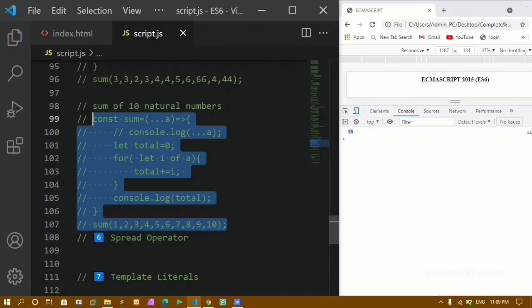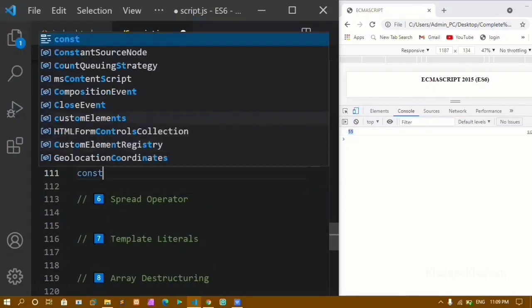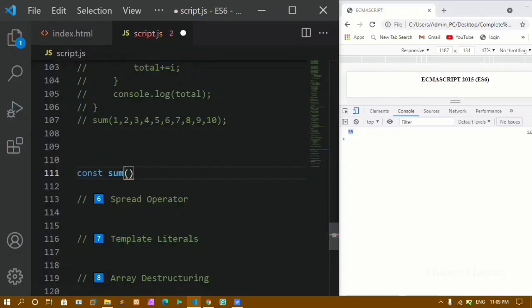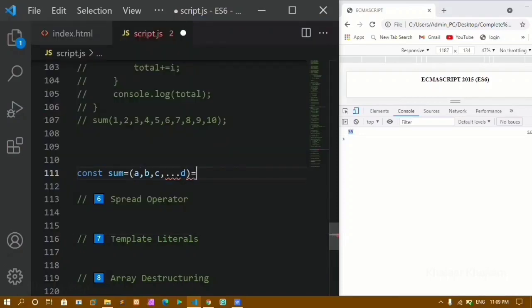Okay, we can pass many arguments as well. I'll just write one more example here. I'll write const sum, and inside this, using a fat arrow function, I'll be passing A, comma B, comma C, comma. Here I'll be using these 3 dots, that is my rest operator. Now inside this,